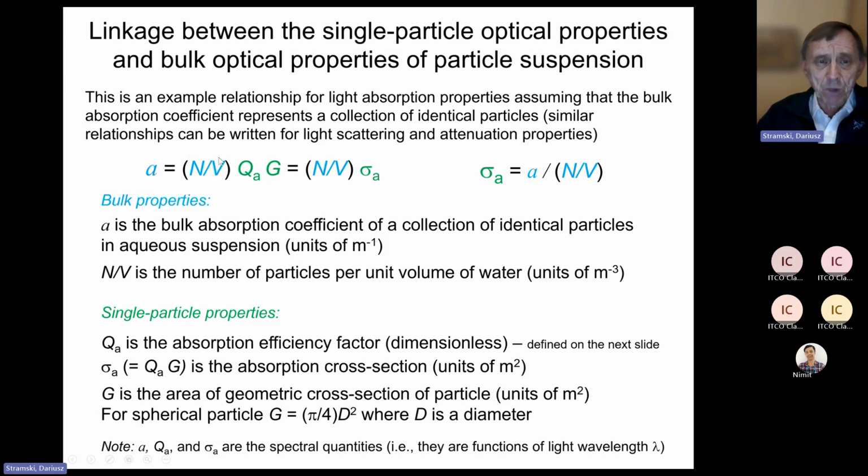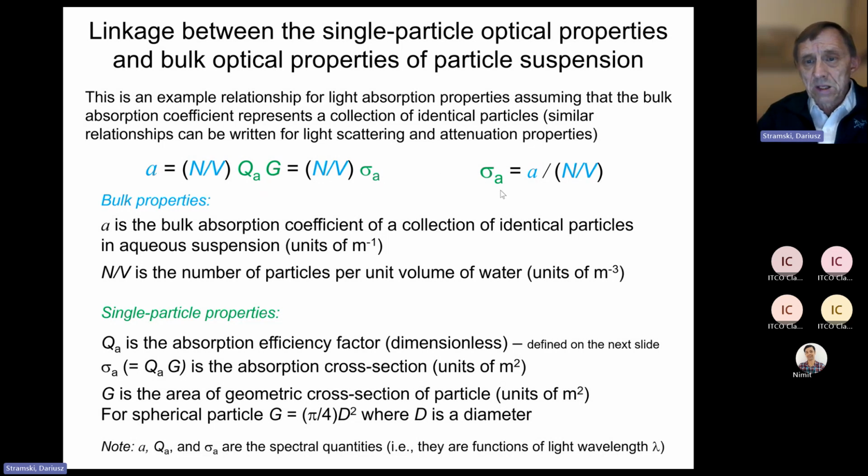So this is the number of particles per unit volume, N over V. This is another bulk property, and Q_A and G are single particle properties. Q_A is the single optical property referred to as the efficiency factor for absorption, and G is a measure of geometric size of particles, specifically the projected area of the particle. And the product of the efficiency factor Q and G is called the optical cross-section, in this case, the absorption cross-section sigma